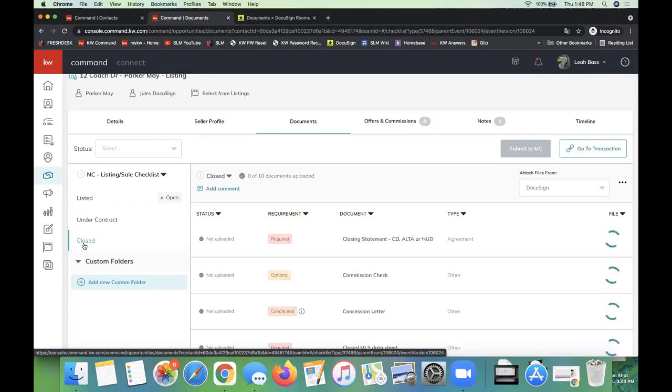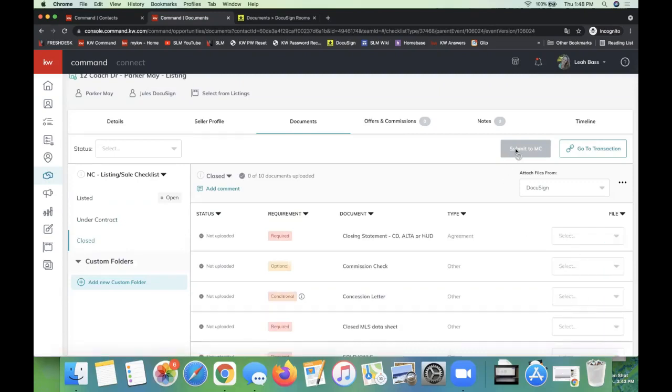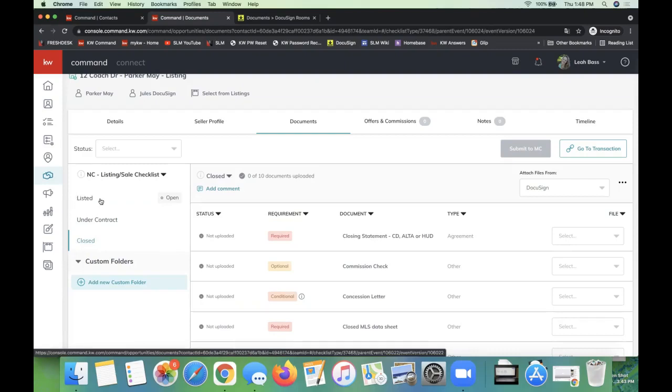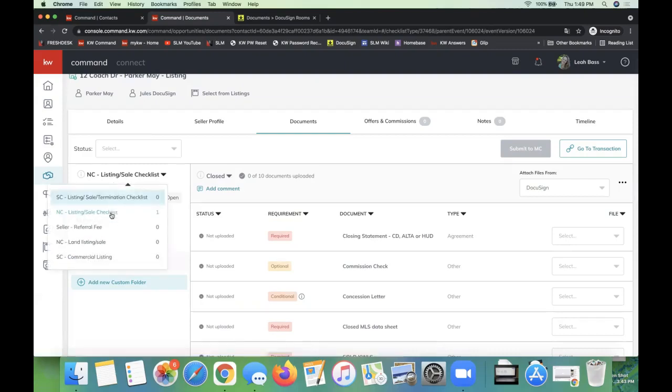And then a third time when you close, right? You'll add your closing paperwork and click submit to MC. So again, if you're representing the listing, that'll be 3 times that you'll click that. If you're representing the buyer,